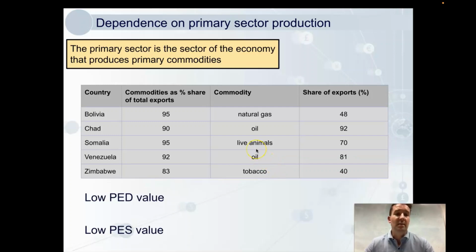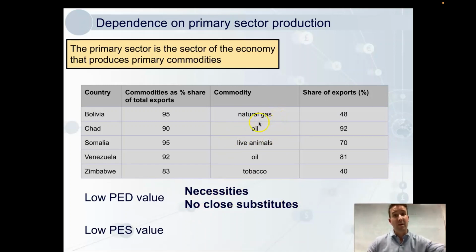Now, commodities, they tend to have a low PED value and a low PES value. We're going to see why this is a bit of a problem. So they have a low PED value because they are necessities, and they don't have close substitutes. So these things that they sell, everyone needs them, and there's no close substitutes, so they have inelastic demand, and